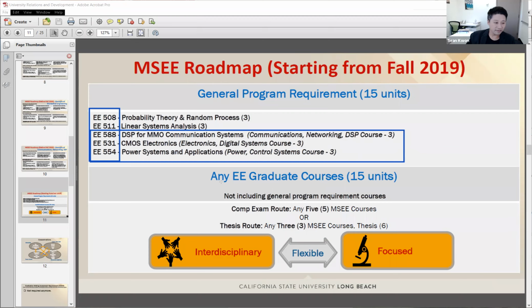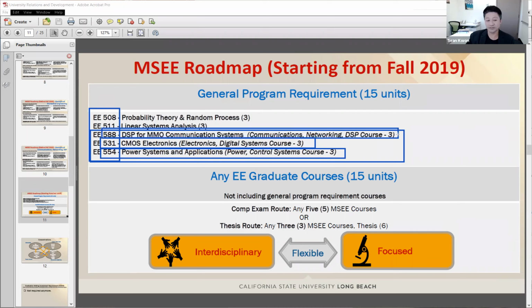For instance, 554 is representing power and control systems. 531 represents electronics and digital systems. 588 represents communication, networking, and the DSP.